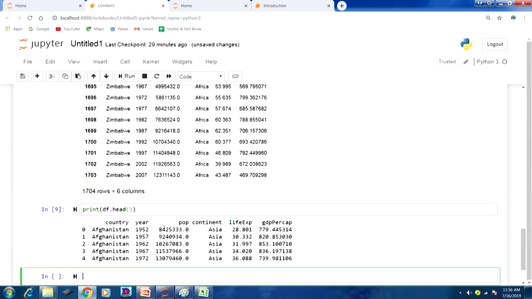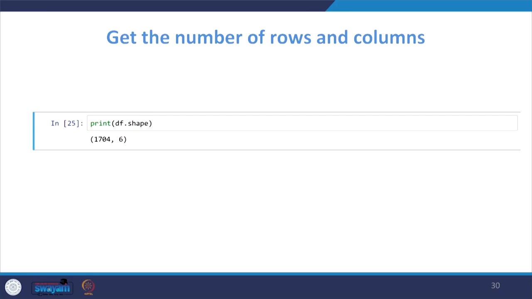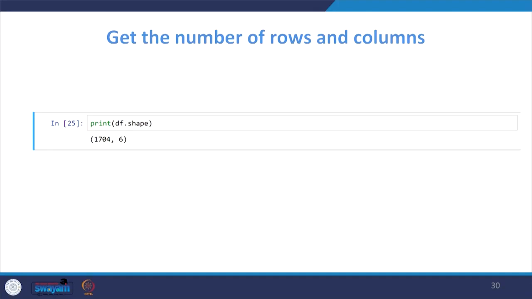Yes, you are able to see that. Okay. I will go to the next command. Suppose I want to know the size of that file, that is, how many rows and how many columns there are. For that, there is a command called shape. So print df.shape. df is our file name, because after loading that CSV file we named the variable df. When you type print df.shape, you will come to know how many rows and how many columns there are.